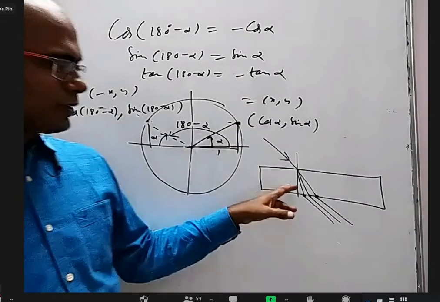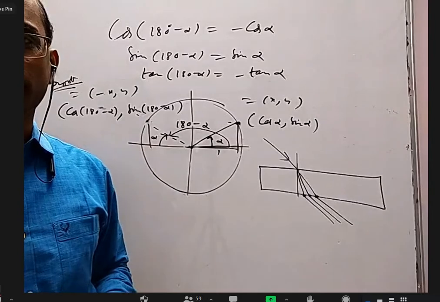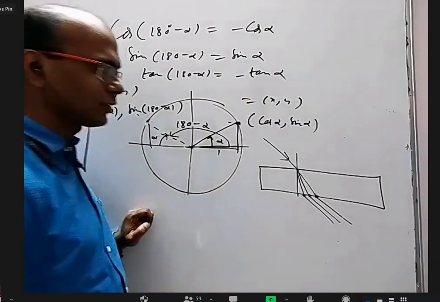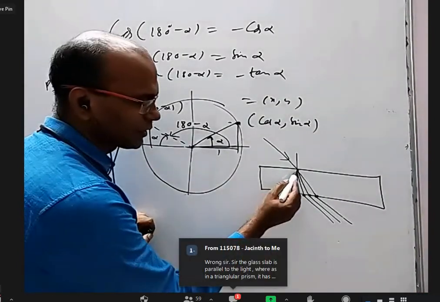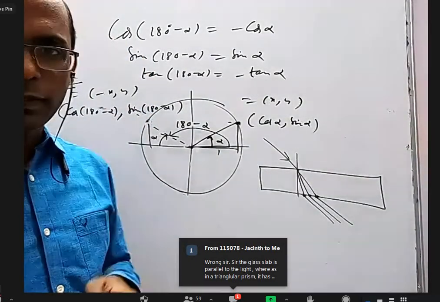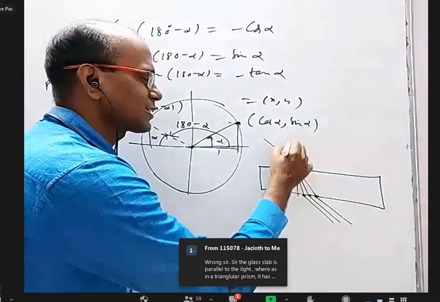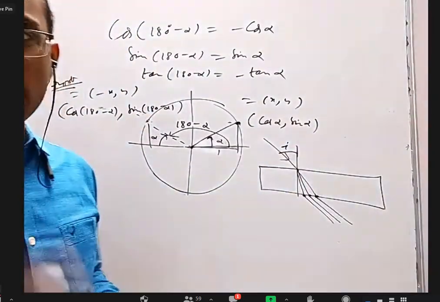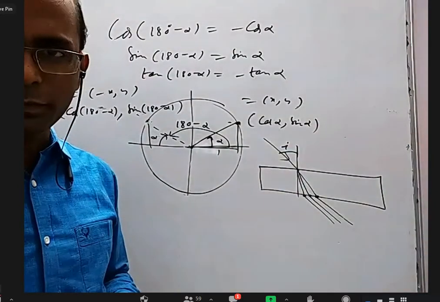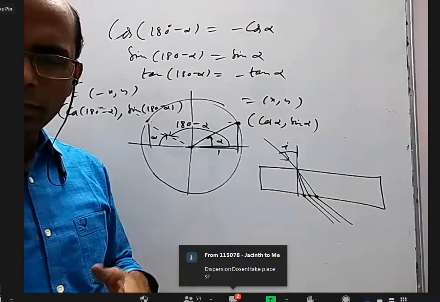That's all okay. Is there anything wrong in this figure or is everything correct? Sir, something is wrong, I think. What is wrong? Come on, what can be wrong? Tell me. Different colors deviate by different angles. That much is correct? Yes. Sir, it's the same angle, no, sir. No. This I is the same, but R is different for different colors because mu is different for different colors, right?